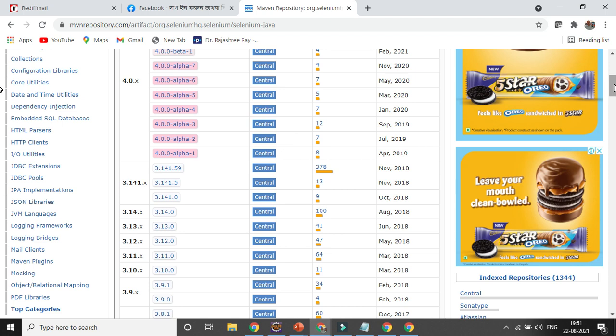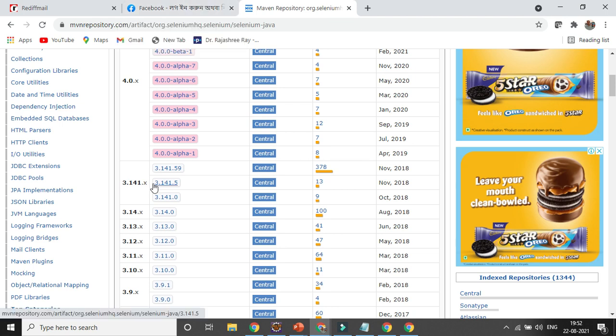But in the Maven project, we just change the dependency, so automatically the previous one will be archived and the new one will be added and associated. That is the beauty of the Maven project. Because Maven is very important, please go through the session in case you missed it. I think I covered one session specific to Maven.